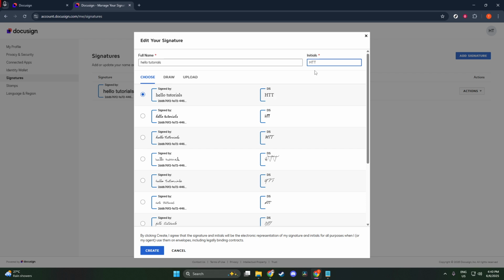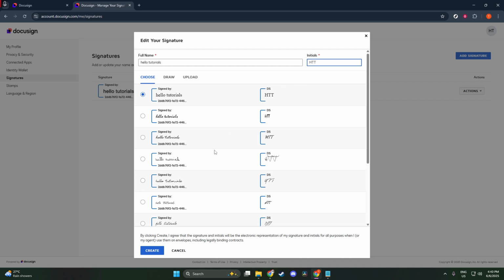You may want to carefully choose how you want your new initials to look, perhaps reflecting a more current version of your name or a preferred style. Go ahead and type in your new initials. Once you're satisfied with your new initials, double-check them for accuracy. This small detail is important since these initials will land on all your respective documents, ensuring both professionalism and a